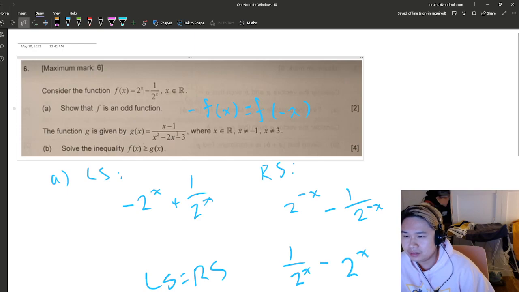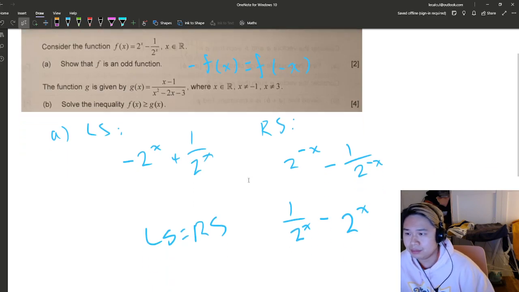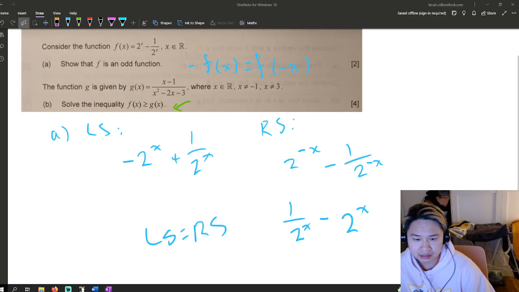Then you got a different function. Solve this inequality. Okay, that's kind of out of nowhere, but okay. So if you think about what this is saying,